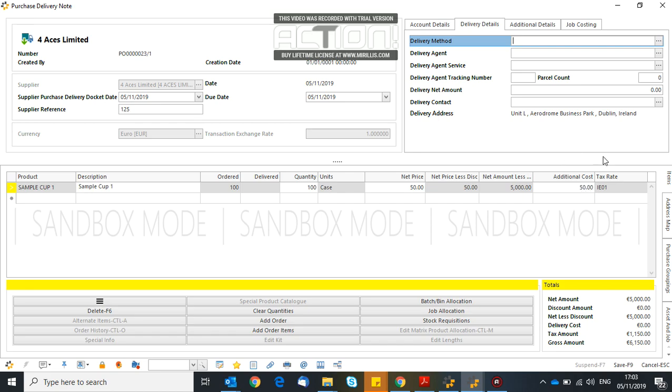The difference between this one and what we have in the purchase order is that the purchase order value is more like an estimated value, and this additional cost is the actual cost which you have incurred for receiving this product apart from the net price. And ideally this cost should be there in the docket, in whatever document you are receiving along with the product. So if I click on save,